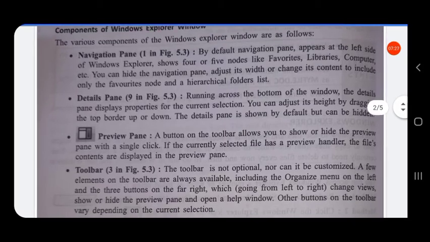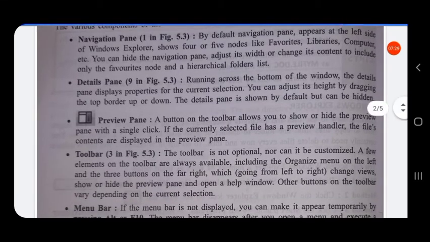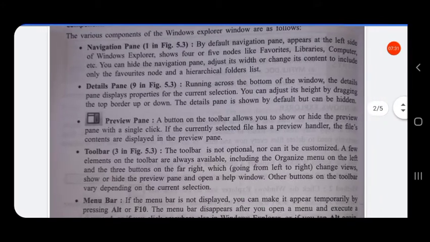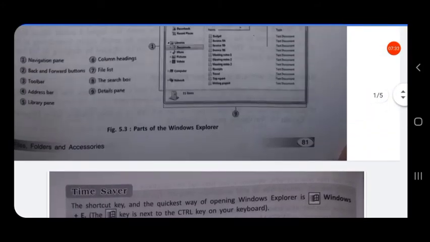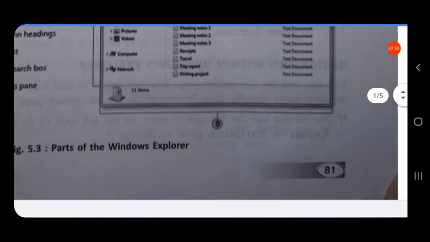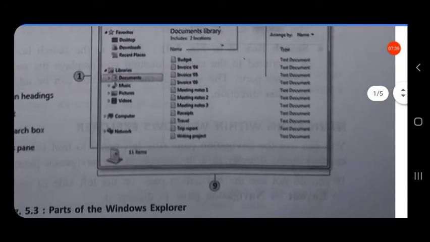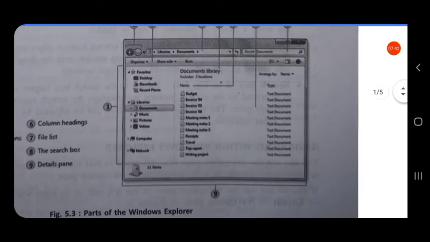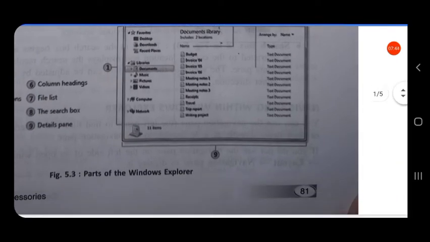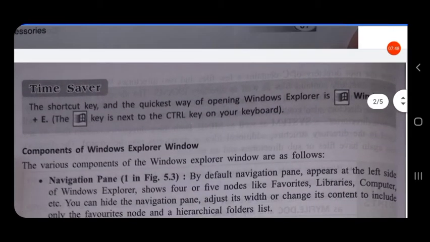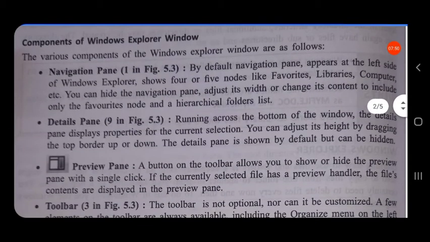The details pane is shown by default but can be hidden. It shows the number of items in the open folder. In this folder, how many items are there, it is shown in the details pane.